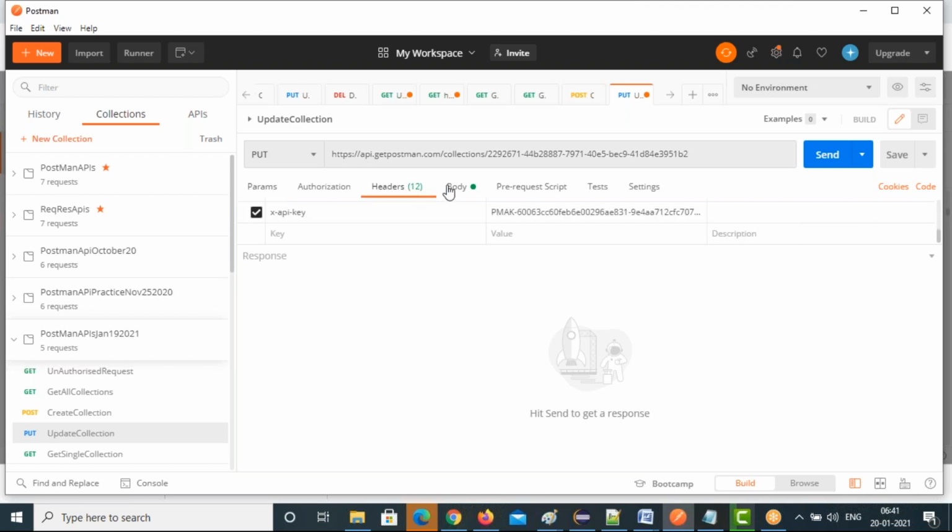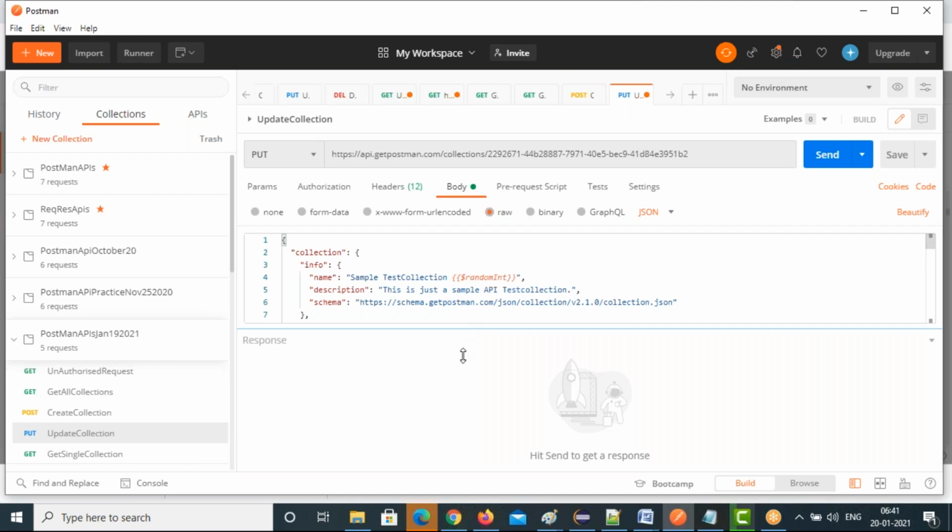And then in the body, okay, so you reach this, right? Already this is here. So this one you are modifying. This entire data, this is just a sample API update.